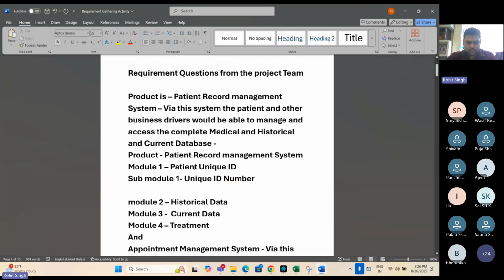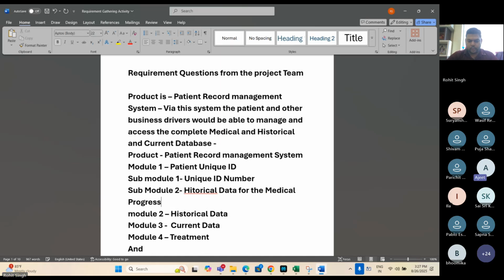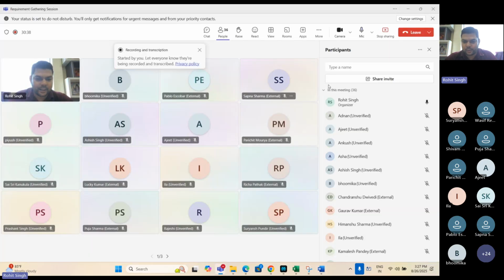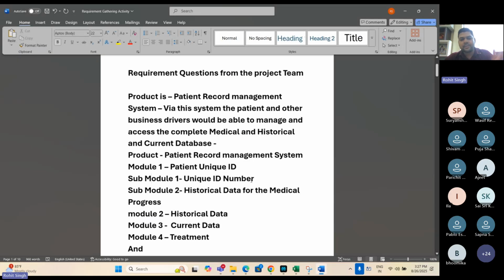Then sub module 2 would be historical data for the medical progress. So in this way we do the sub modules or work breakdown structure. But as I have explained this multiple times, this stage comes later.